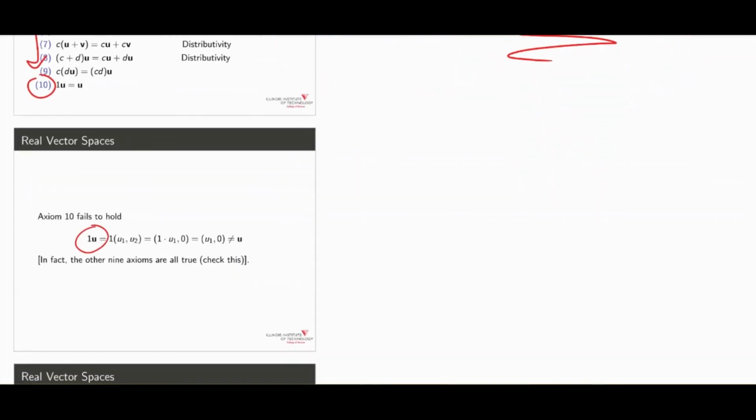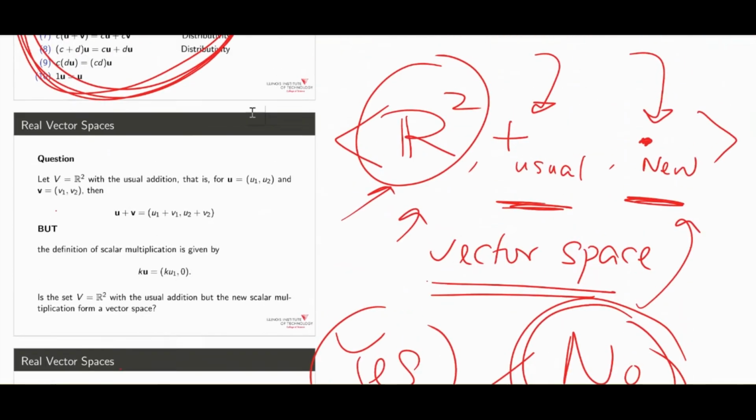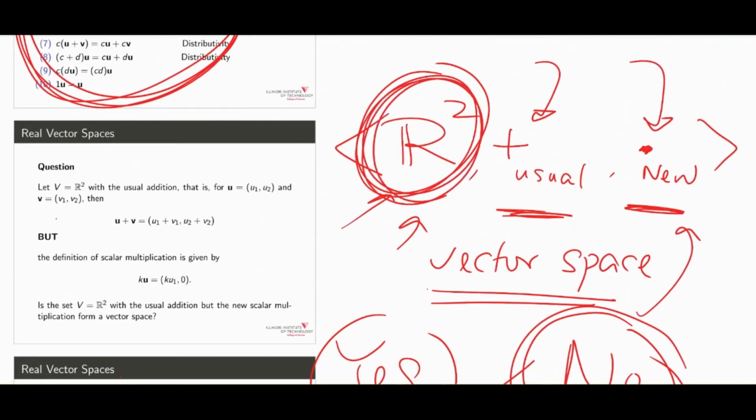Because as you can see, if you have 1 times the vector u, the new scalar multiplication says that 1 is multiplied to the first element right here, but the second element will drop to 0. So you get this instead, and obviously that is not your original u. So you will see that axiom 10 fails, which means this set, even though it's the same R2,